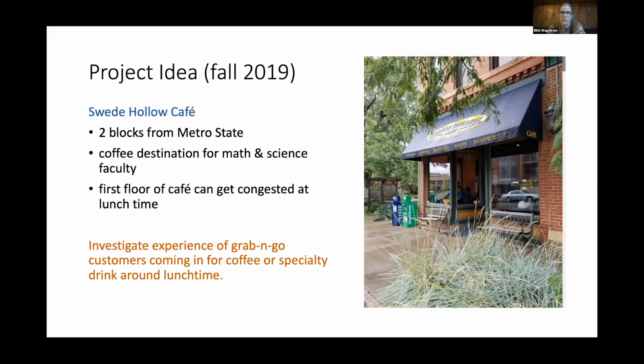the door, if you go there around lunchtime and you walk in the door, the tables are usually filled with customers eating, and people who are waiting to order are standing in one line for that one cashier. And it can get a bit congested because you're trying to negotiate around these people who are sitting at tables eating. And then if you are ordering a specialty drink, like for me, it's always a cup of chai, I place my order with the cashier, and then I have to continue standing around while the barista makes my chai. And so during lunchtime, it